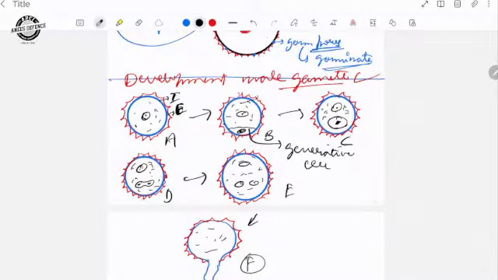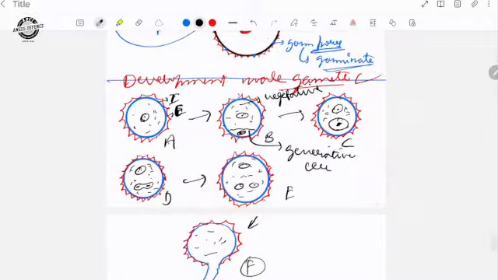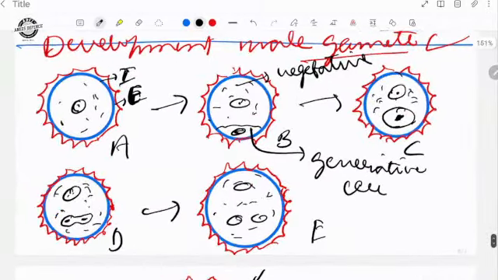This is the generative cell, this is the vegetative cell. These two cells, vegetative and generative, are going to be developed in this, and after that a generative nucleus is also going to be formed. Means first generative cells are going to be formed, then inside that a generative nucleus is going to be